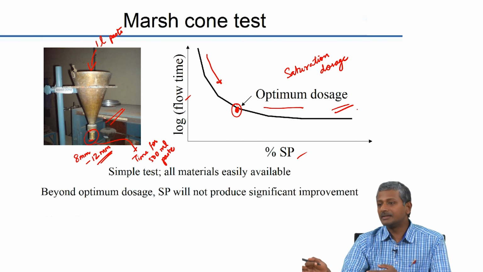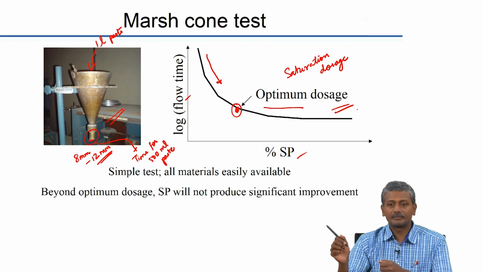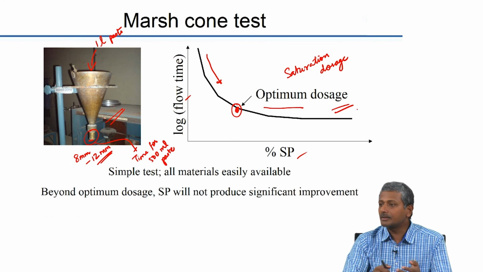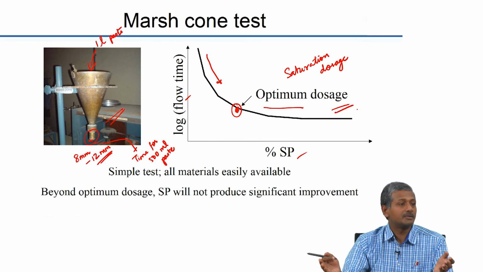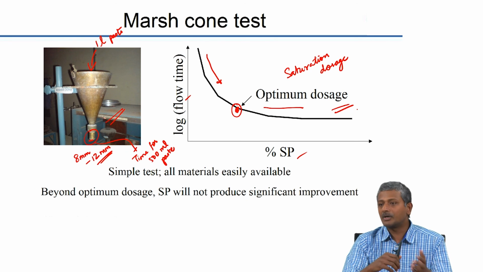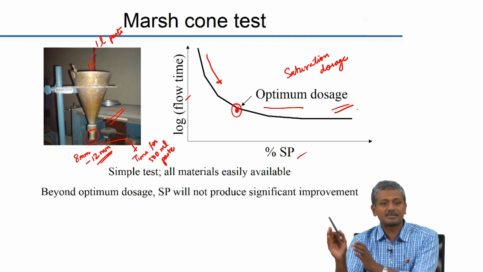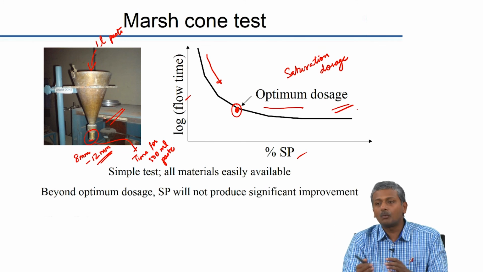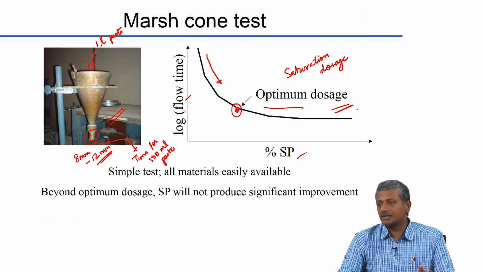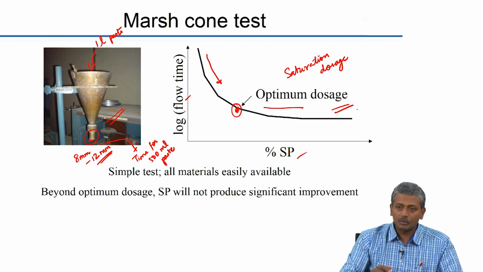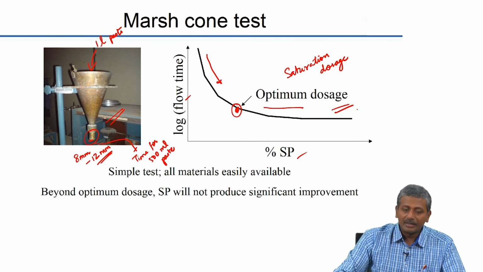the required workability in concrete, because in some cases you want a workability of 200 mm slump, in other cases you may want a slump flow of 600 millimeters, all from the same paste that you are studying with the Marsh Cone test. So, the optimum dosage may or may not translate into the kind of characteristics that you want in the concrete. So, generally you use it in combination with another test called the mini slump test. That is what I will come to in the next slide, but before that,